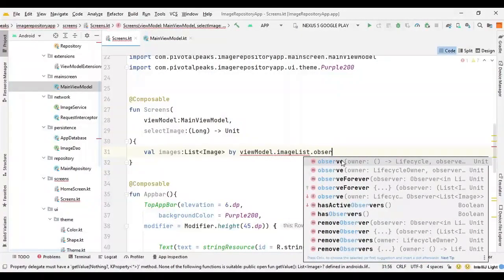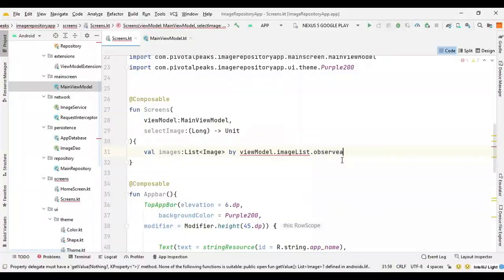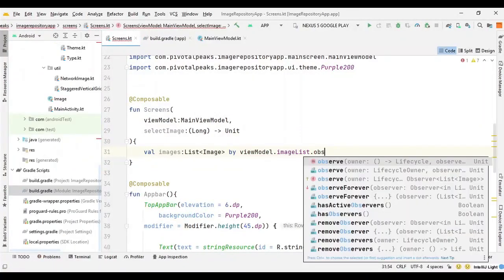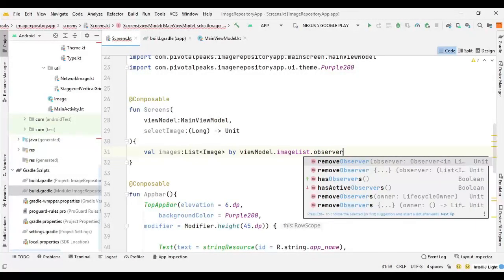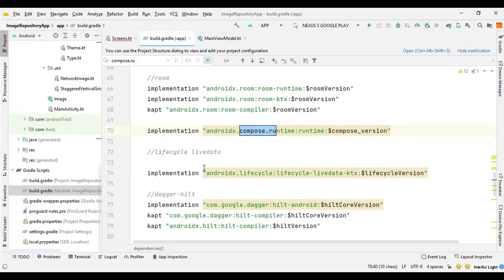So observe as state, dot observe as state, and I cannot find this function, so looks like I am missing a dependency, so I will have to check it. So let's go back to our